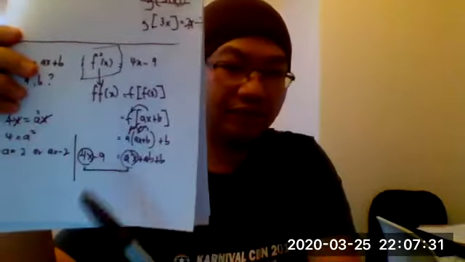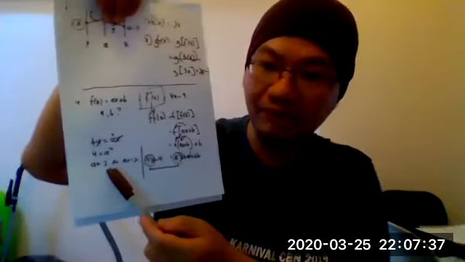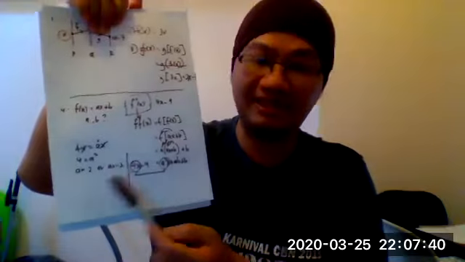2? Wrong. Plus minus 2. I told you, when you square root a number, the answer is always a positive and a negative value. So the answer is positive 2 or negative 2. There are two answers there. A equals positive 2 or a equals negative 2. These two answers are correct.